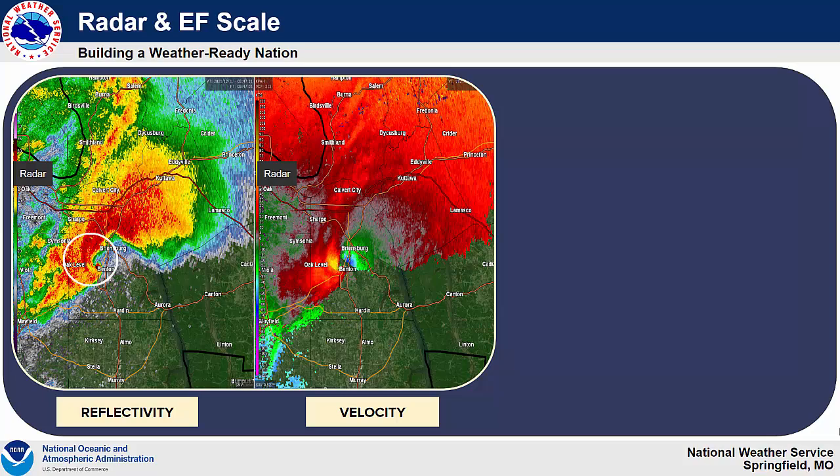And that's caused by the counterclockwise rotation of that mesocyclone. And looking at that same cell on the velocity image on the right, you can see that that's also going to be the area where there's rotation. So where you see those red, orange, and yellow colors, that's showing where the winds are blowing away from the radar. And then those green and blue colors show where the winds are blowing towards the radar. So when we have these contrasting colors right next to each other, that's a pretty good indication of rotation in